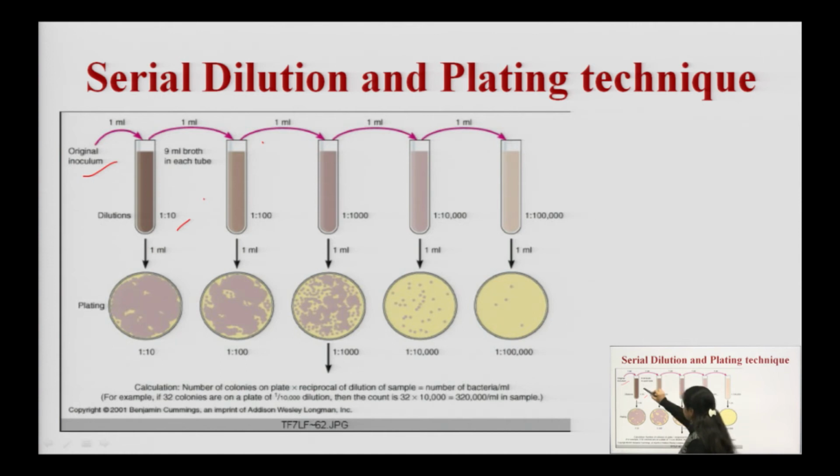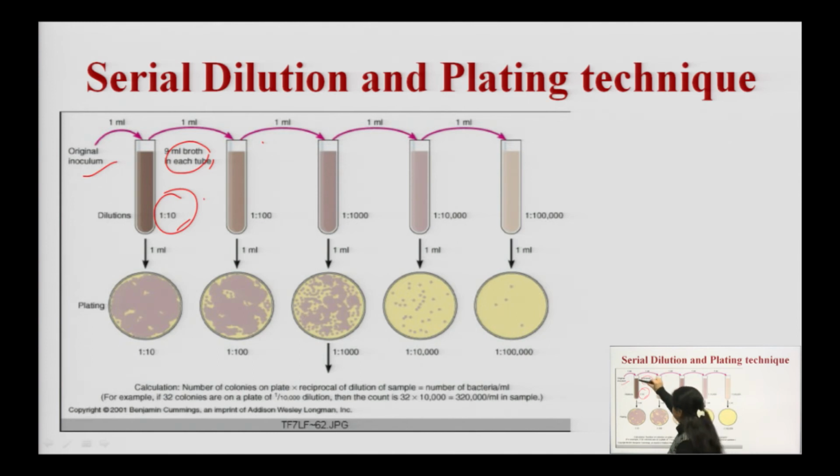1 ml of this will be transferred to this, and diluted with either sterile nutrient media or sterile water to 10 ml. It means we have done a 10 times dilution. We took 1 ml of original inoculum, added it into the test tube, and diluted it 10 times with 9 ml of broth. That broth must be sterile in nature.